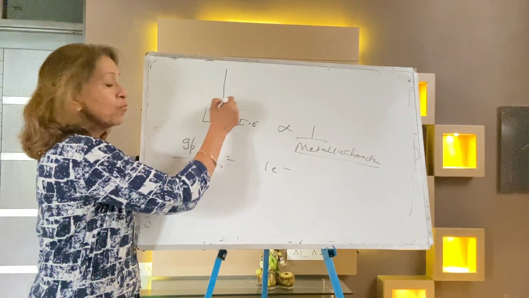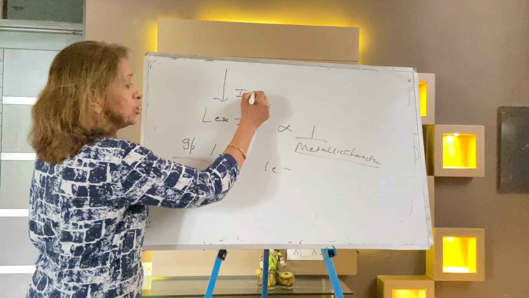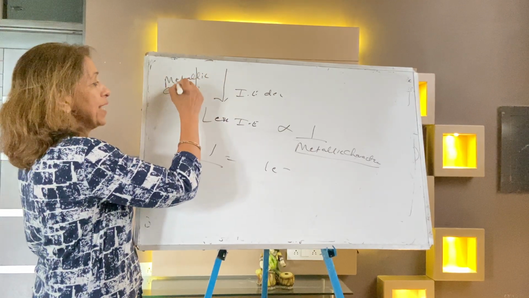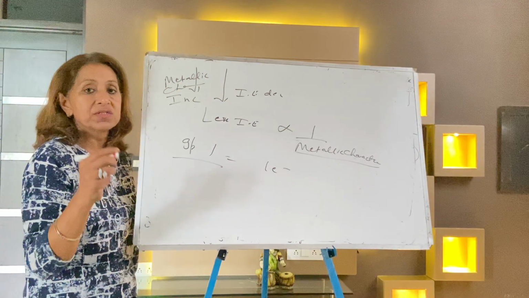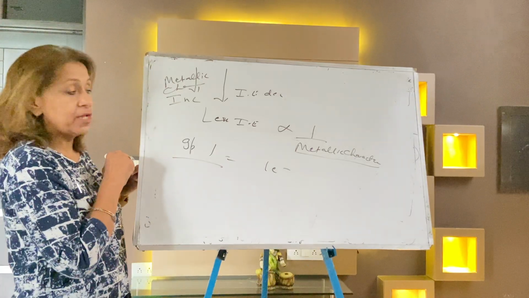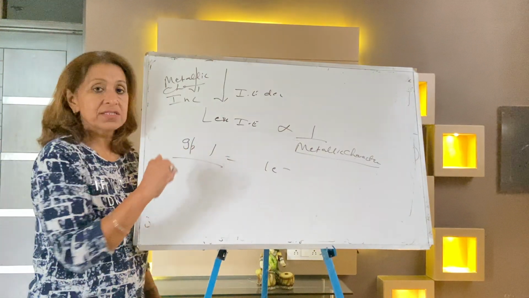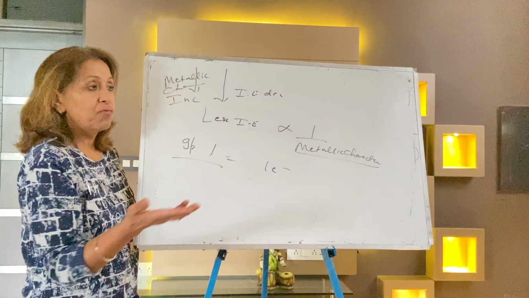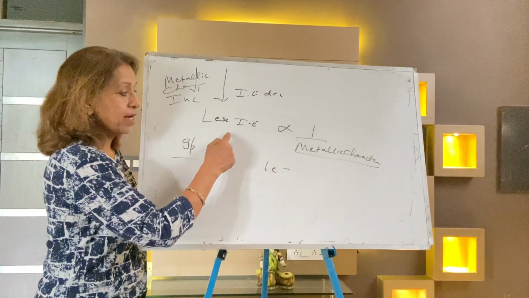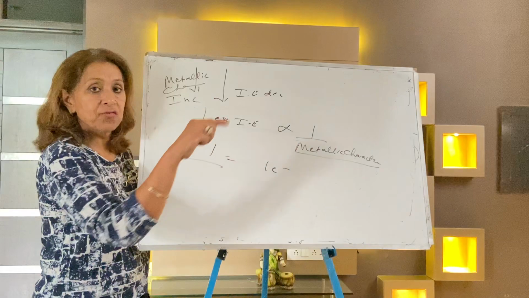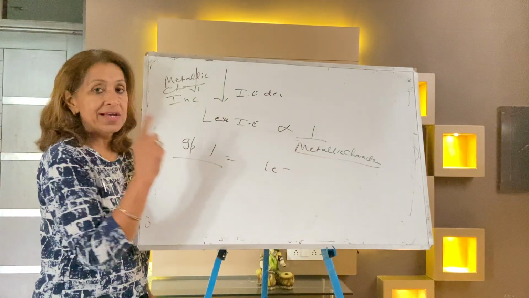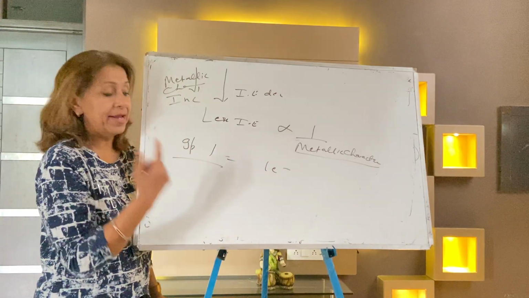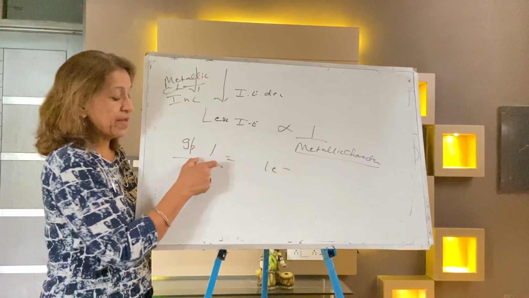When you move down a group, ionization energy decreases. That means metallic character always increases in a group, because ionization energy decreases in the group. Again listen, the less the ionization energy, the easier to take out the electron, and the element is a metal, because what is a metal? Which loses electrons easily. Out of all 18 groups, group 1 has the least IE, so most typical metals are present in group 1.